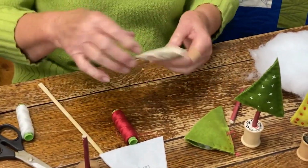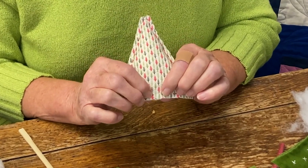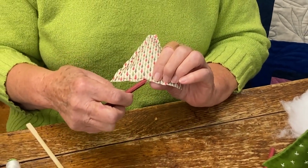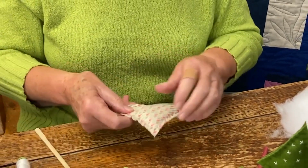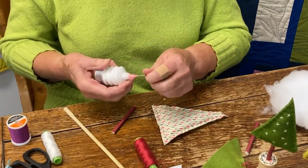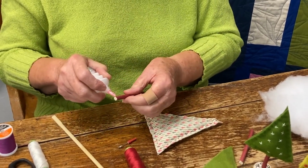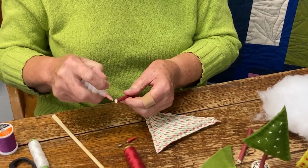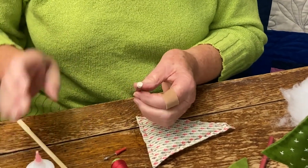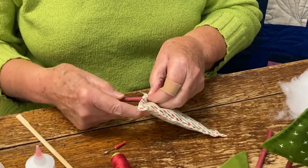But I have this one all ready to go, and here's my little hole. This is the larger tree that the stick will go through. So I made sure that my stick will go through this. So now what I'm going to do is put a little bit of glue. I happen to have this called glue baste, but any kind of school glue will work. And I like this because it's got the little point, and so I can put just a little bit on. And I like to have this little bit of glue because I think it stabilizes this. I probably could do it without, but